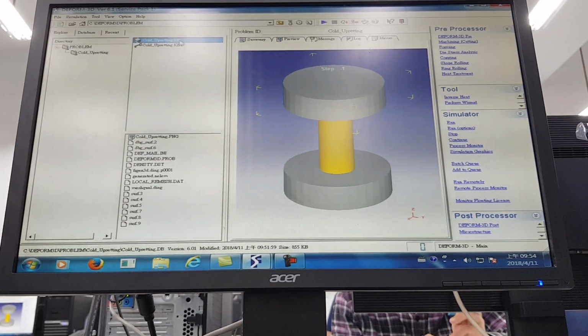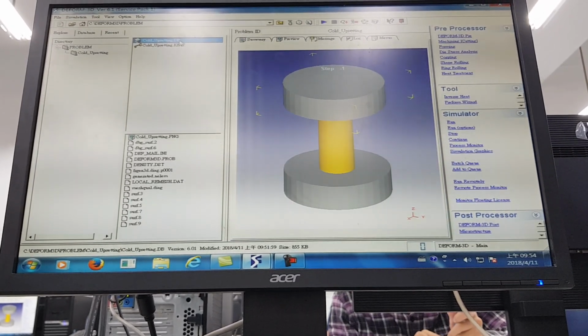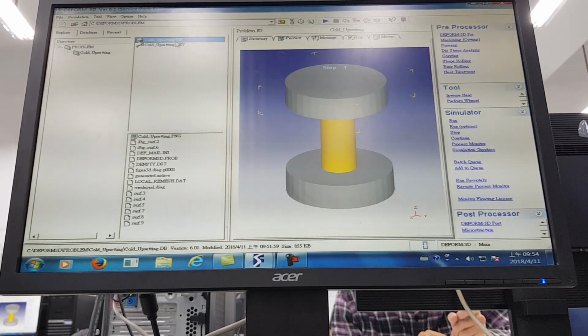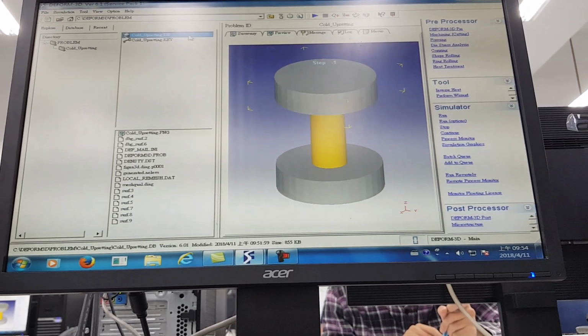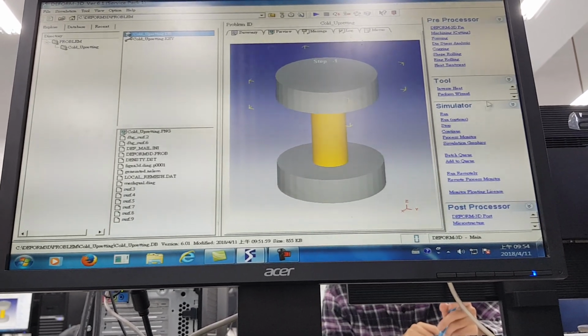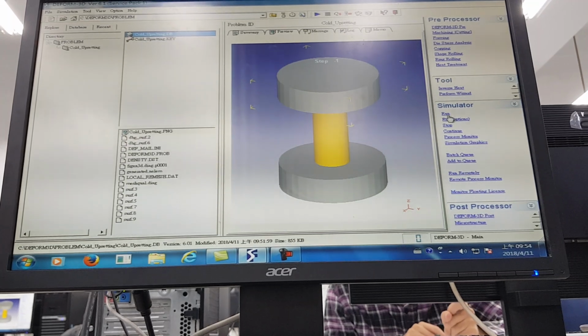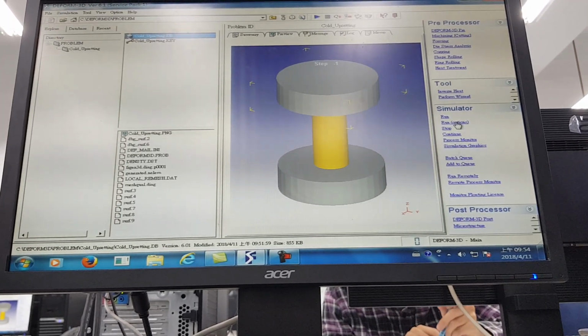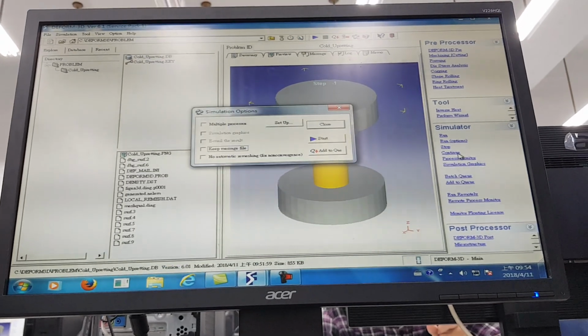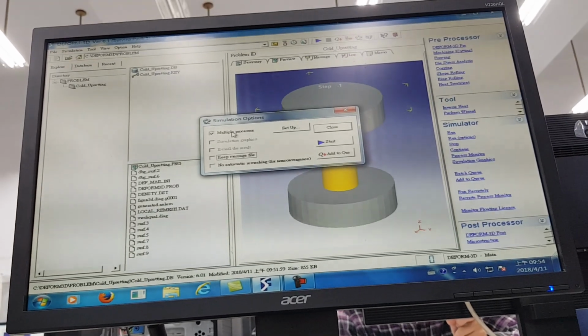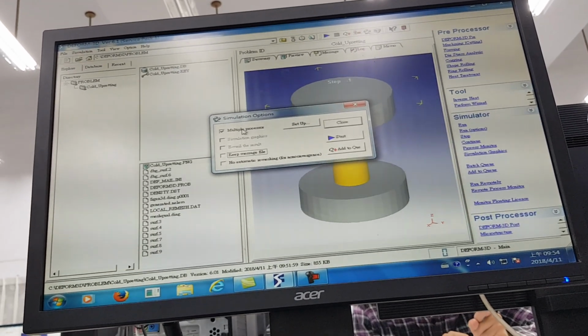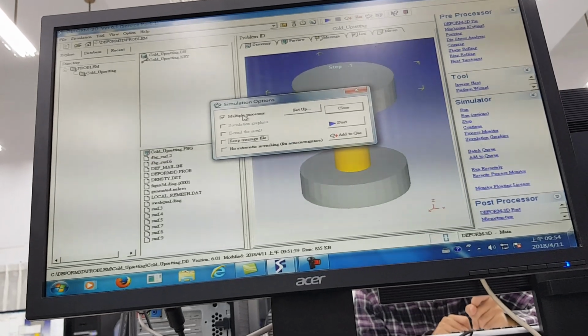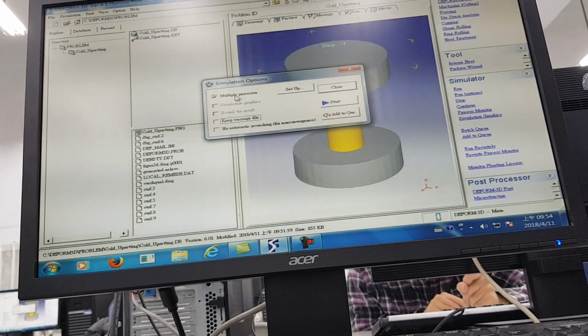Okay, and if you want to simulate, you can check again, it's okay. This DB file is okay. To run the simulation, go to the simulator and click run option. Run option means you can use multiple processors. Here, multiple processors help you simulate this problem, because this one is more